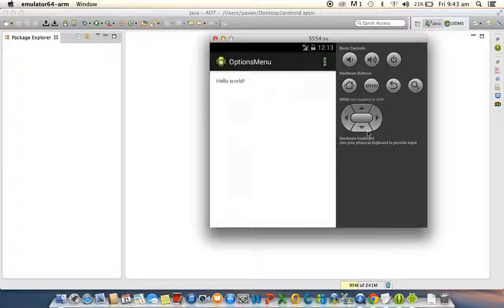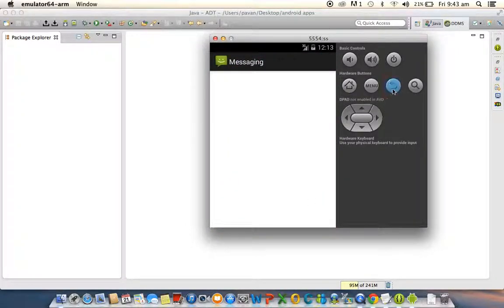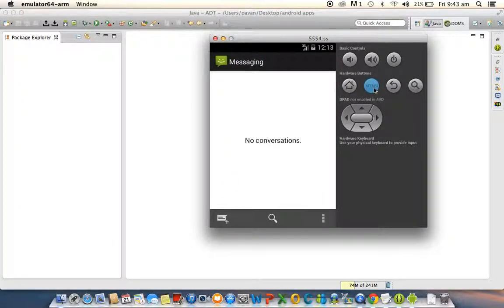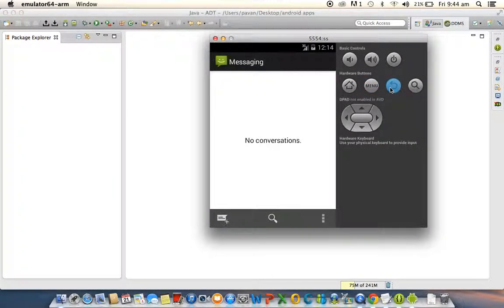You will see once how options menu looks like. See, if you open any application, you click the menu button. See, this is one option. Like that, multiple options will come. But you need to understand, for this screen only we are displaying one option. But if you go to another screen, you'll see, just I selected create new message. Again, I'm going to click the menu button. For this screen, again, three options came. Like that, in Android application, every screen is having its own options.